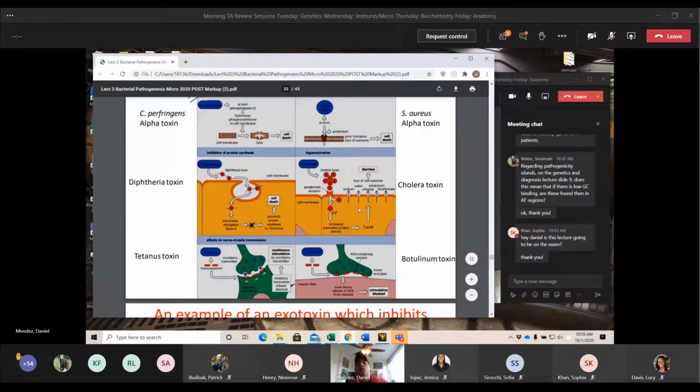As they do that, water will follow. It's not actively pushing out water. It's just increasing cAMP to increase electrolytes. When it increases the electrolytes, the water follows, which then causes diarrhea. This is going to cause diarrhea referred to as rice water stools because we're just dehydrating the body by pushing all of those ions out, and water just passively follows those ions. Then we are dehydrating all of these cells. So that's how the cholera toxin works.